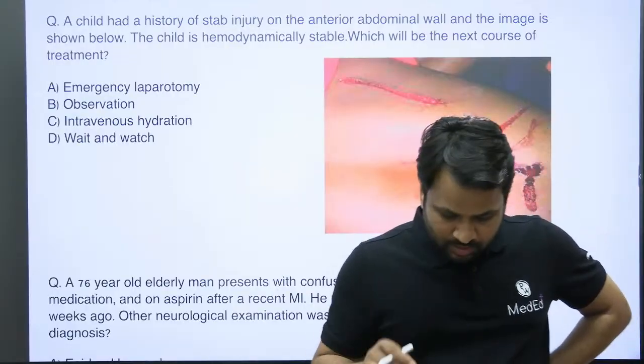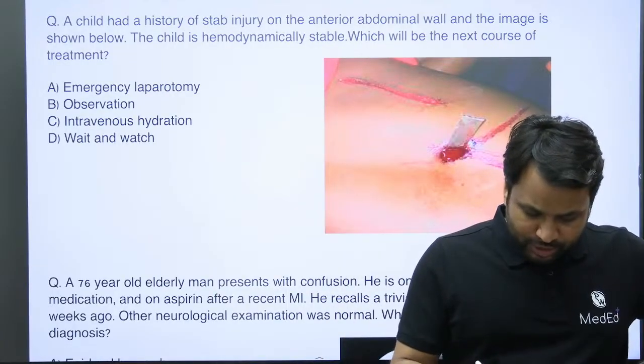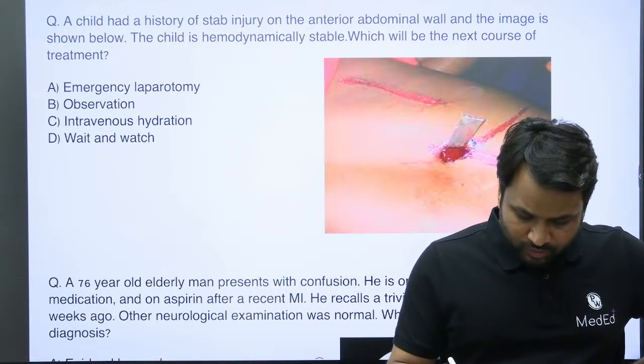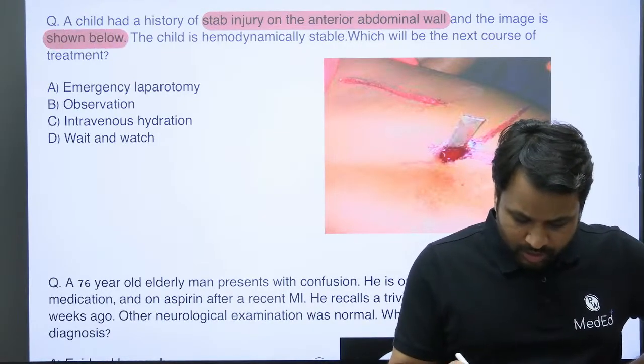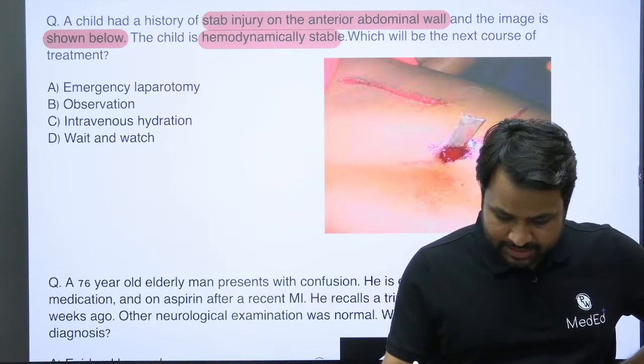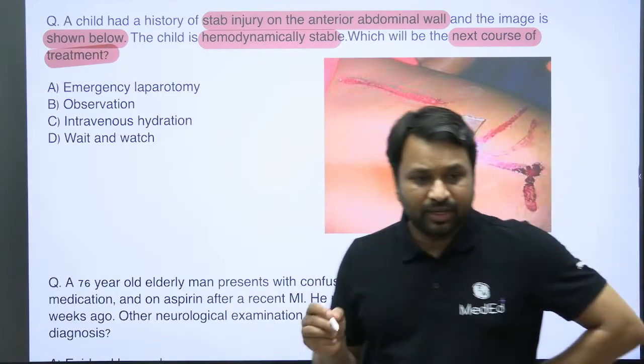Okay. So you have the next question. I have a child with a history of a stab injury to the anterior abdominal wall, and the image is shown below. The child is hemodynamically stable. What is the next course of treatment? Now, for all